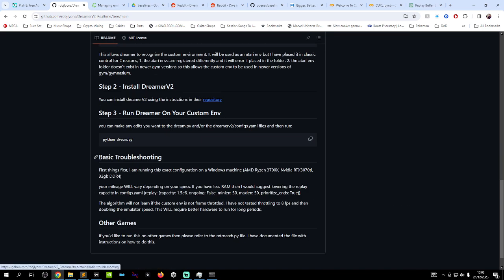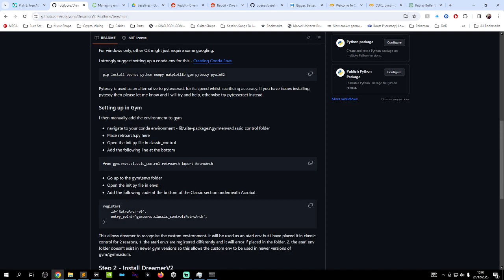The most important things if you run into any issues are these. First things first, I'm running a mid-range PC, I would say, but with quite a lot of RAM. I had to lower the size of the replay. They used 2 million steps. I had to drop it down to 1.5 because it was too much for my RAM. But other than that, it's working very well, which is wonderful, honestly. So in terms of the replay capacity, let's just pop open